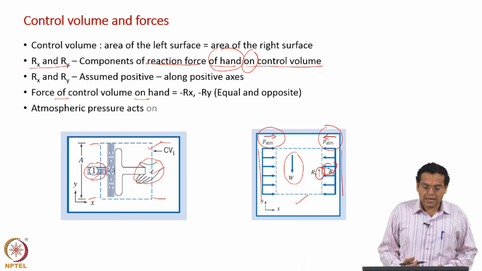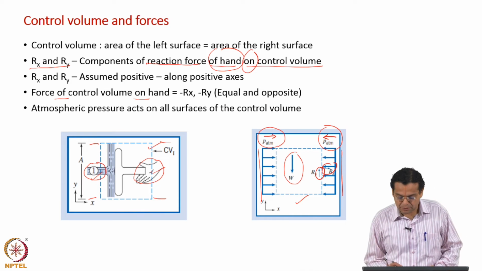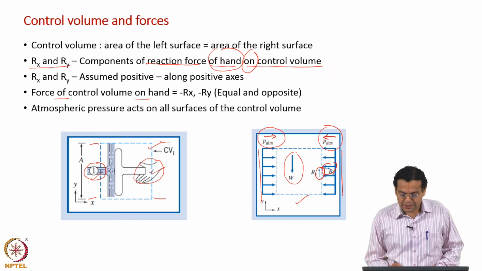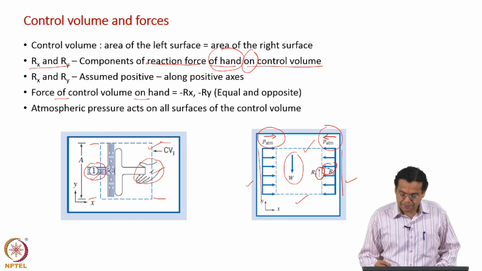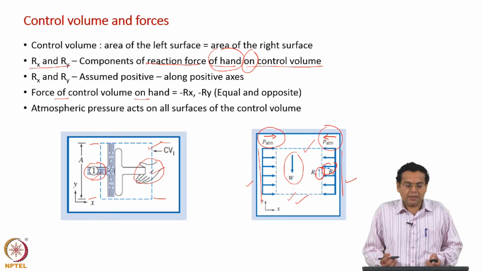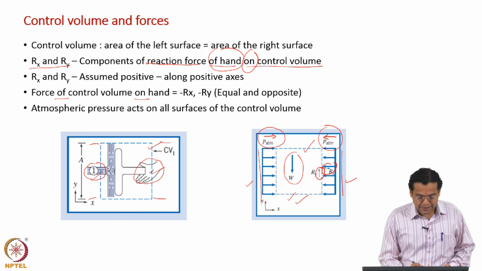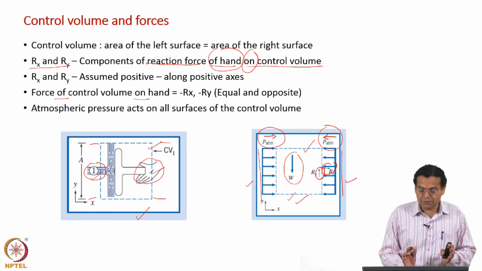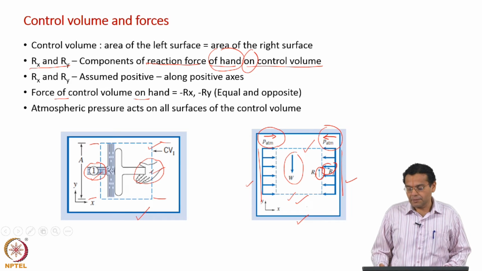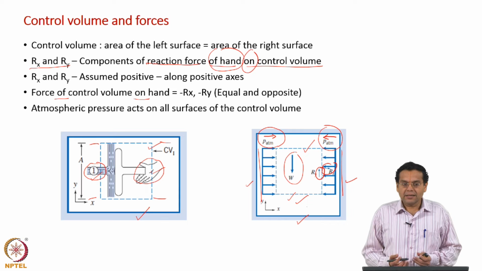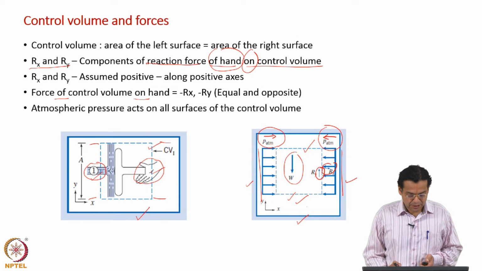And which we have discussed, atmospheric pressure acts on all surface of the control volume. I mentioned the effect of atmospheric pressure on the left and right surface, but of course, pressure acts on these two top and bottom surfaces, but we are not interested in that because that is in the y direction. Okay. So, what we have seen here is the selection of control volume, how do we select, and on the right side diagram, what are the forces acting. If this picture is very clear, it will become easy for us to write the integral balance equation.